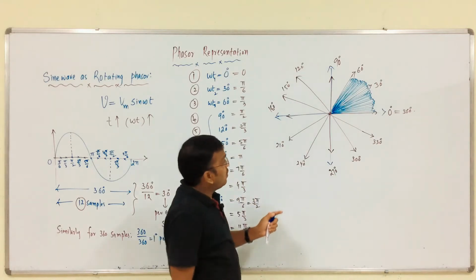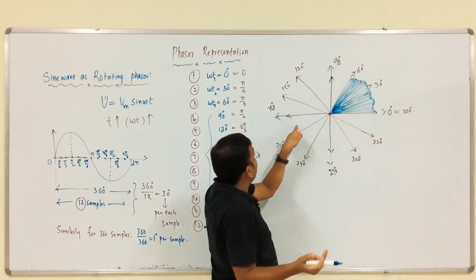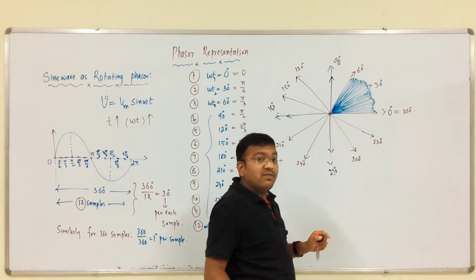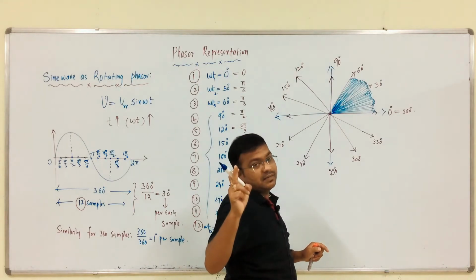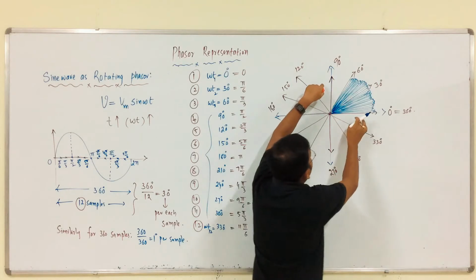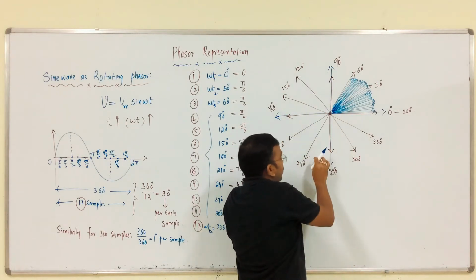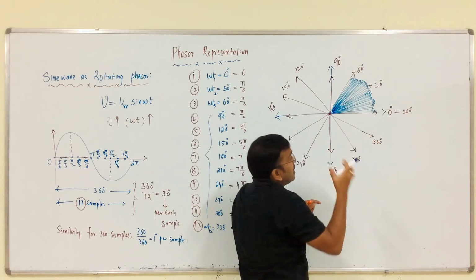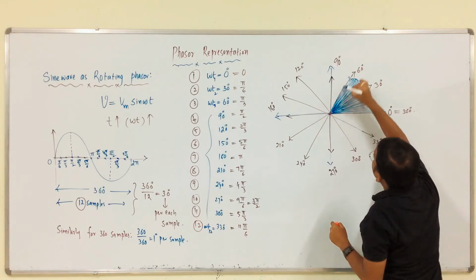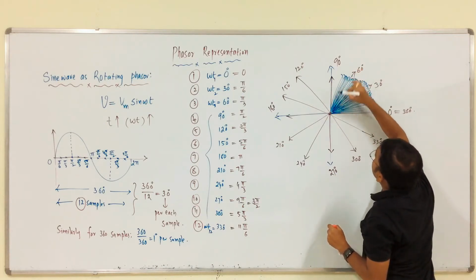Right. So, 0 to 90 is one sector, 90 to 180 another sector, 180 to 270 one sector, 270 to 360 one sector. Total we have 4 sectors through 360 samples, 360 by 4. So, from 0 to 90 we have 90 samples. So, 90 plus 90, 180 plus 90, 270 plus 90, 360 samples we have to provide here, right.